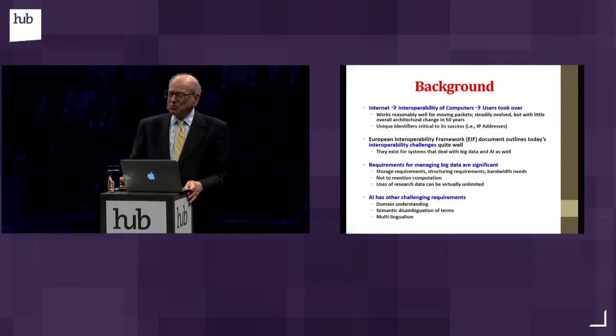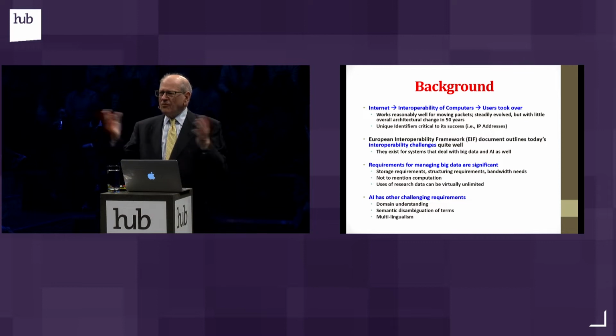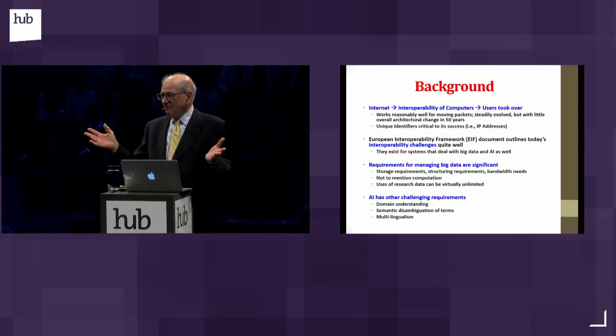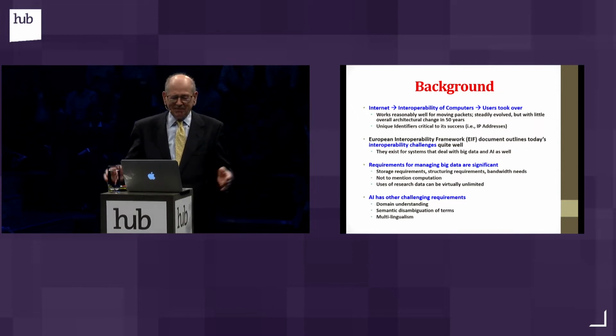Some applications were built to make a lot of data move faster, like in file transfer and the like, and email came out very quickly, but the basic job was to get the information from one machine to another. Unique identifiers were critical. There were IP addresses, basically, in that stage. But once the data got there, it was up to the users, typing on the keyboard, looking at screens to make good use of that capability.